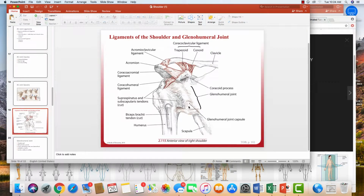Again, we're looking at an anterior or the front-on view of this right shoulder, and we've got this joint capsule right here, thick band of fibers, and under the joint capsule, and this would be the glenohumeral joint, the glenoid fossa of the scapula, and the humeral head where they articulate, so this is the ball and socket joint of the shoulder. And under that glenohumeral joint capsule, we have three anterior glenohumeral ligaments: the superior, middle, and inferior glenohumeral